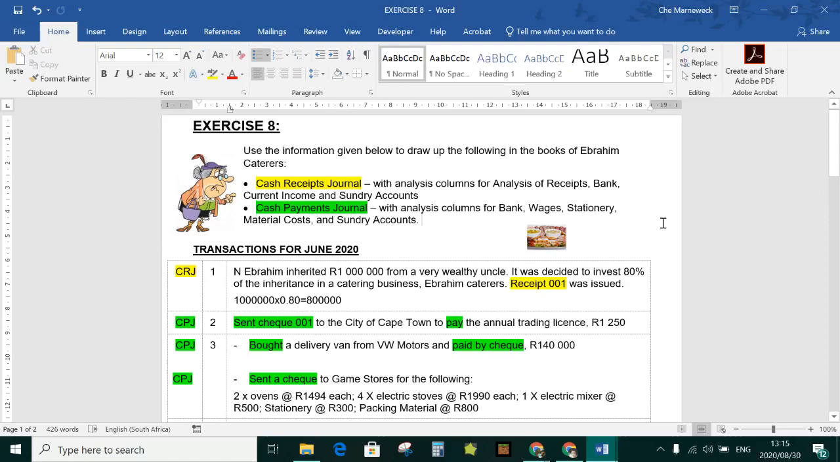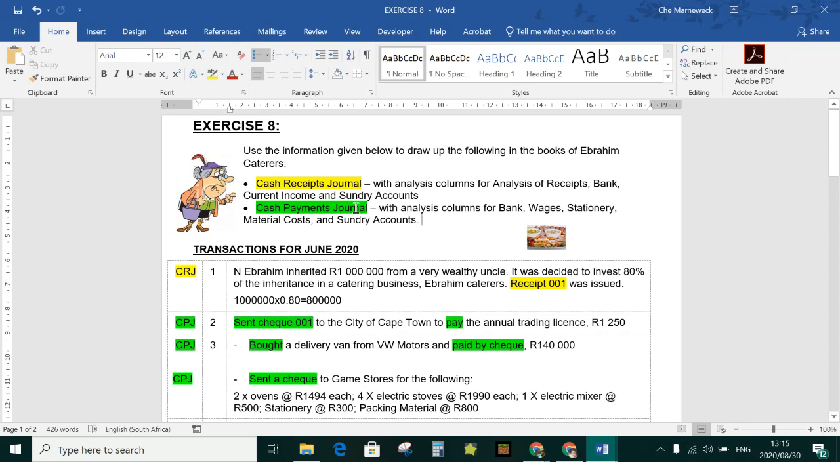Okay, so this is the third video for exercise 8. In video 1, we sorted the transactions out into which journal we would record them in. In the second video, we recorded all the CRJ transactions, so the ones in yellow in the cash receipts journal. And in this third video, we are now recording all the transactions that have been highlighted in green, cash payments journal,